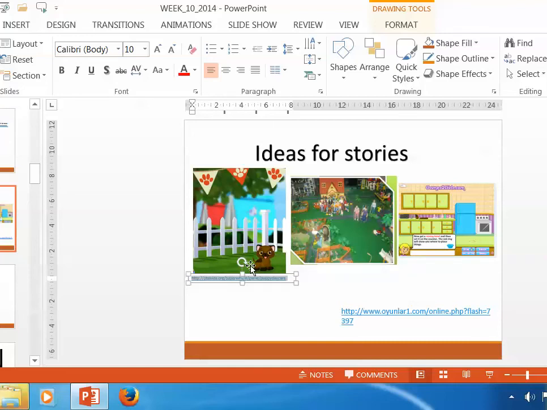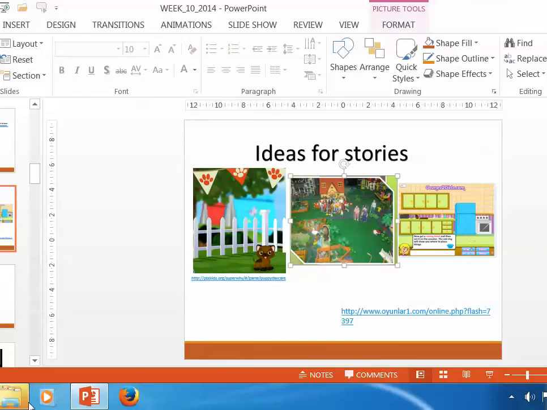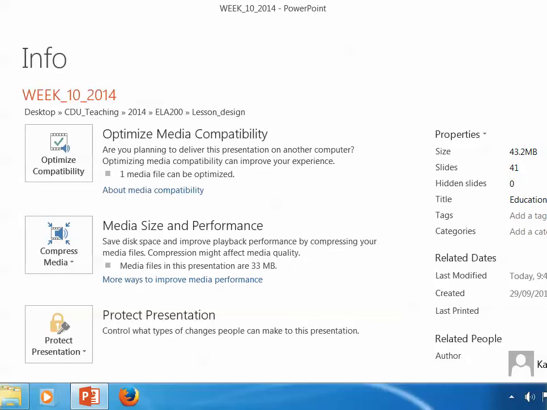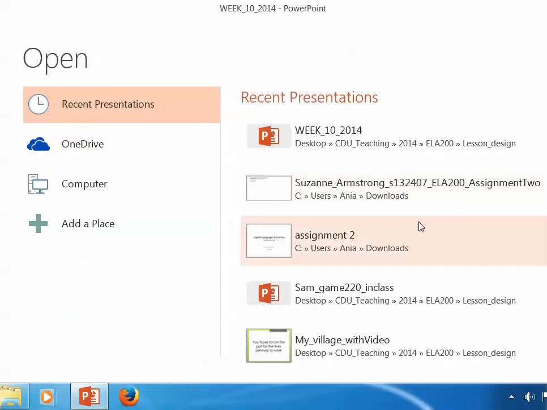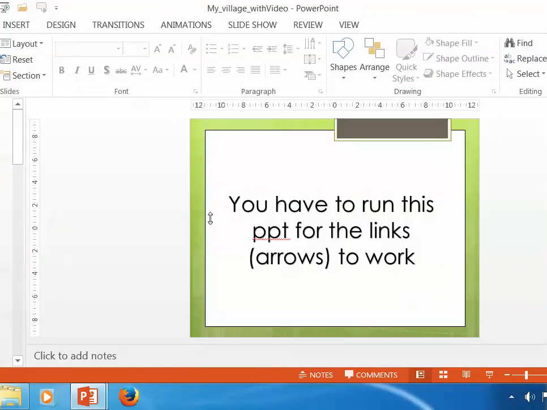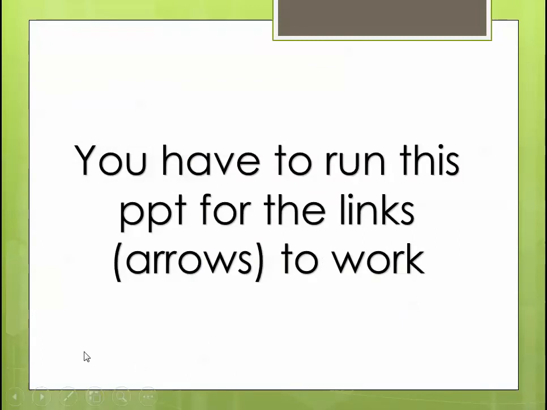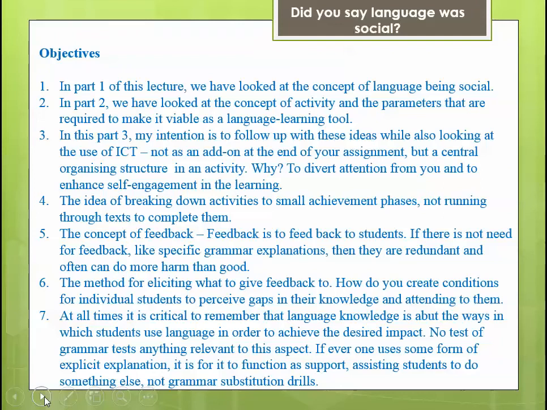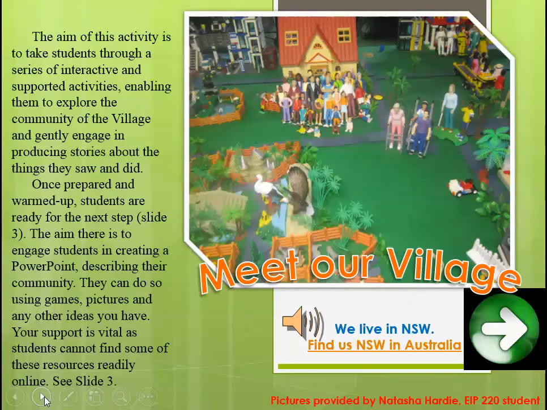It's about a dog, the things you can do to a dog. You can wash it, feed it, bathe it, and whatever, you know. So kids can play and whatever. This game I made up, and I actually am gonna show you this particular game, because I want you to see what you can do yourselves. So it says you've got to run it to actually get the links, unless you copy and paste. Whatever I wrote, I did it a few years ago, so I can't even remember what I wrote.